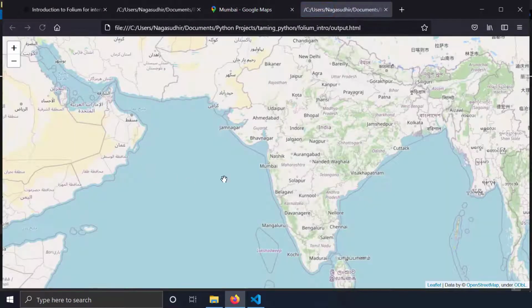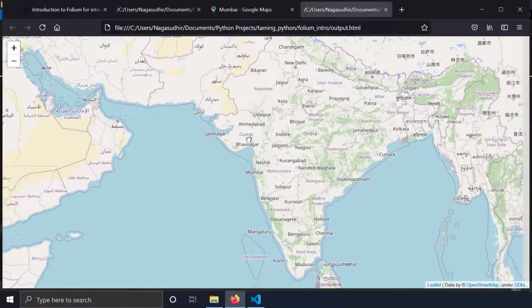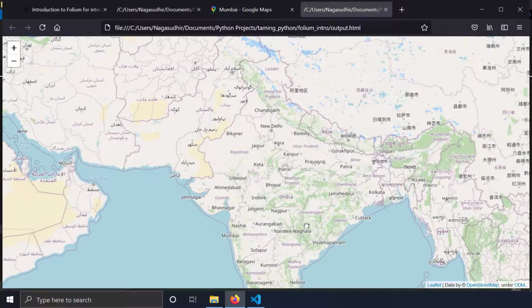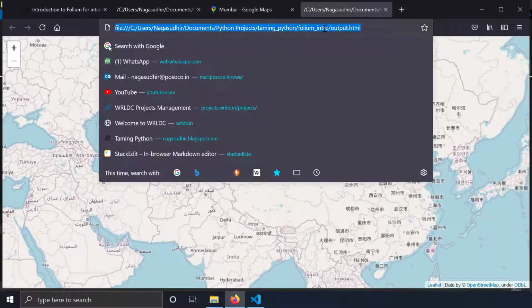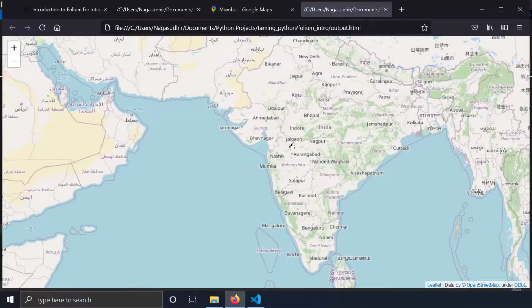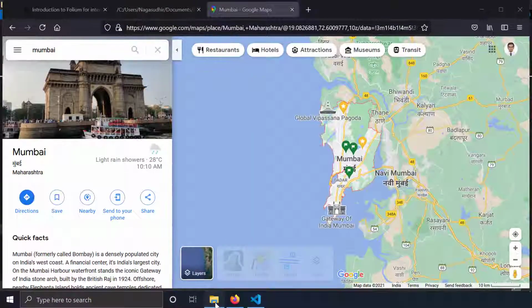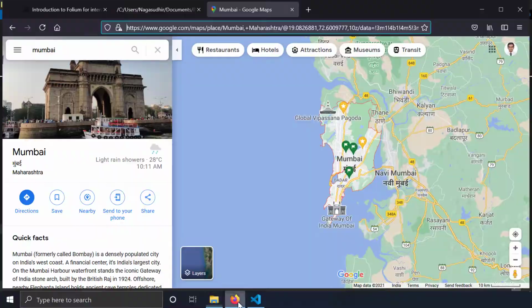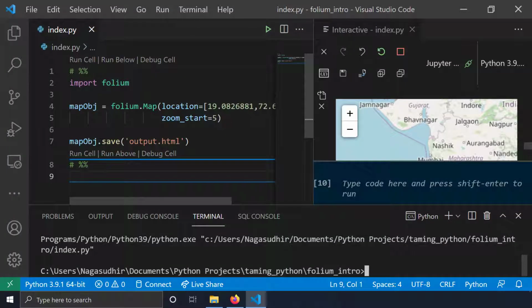And if I just open this, you can see my map is centered at my desired location and with my desired zooming level, and I got the HTML file and it's interactive. If I just reload it again, once again it will be centered at my desired location with the desired zooming level. Now I can distribute this HTML file with my friends. So this is a really powerful feature of Folium. You can create output from your map object and you can distribute it for publishing. This is how you can save your map object as an HTML file.